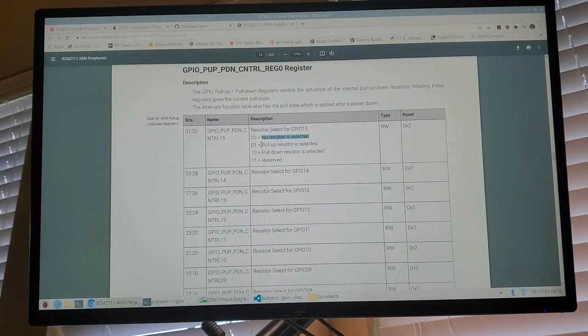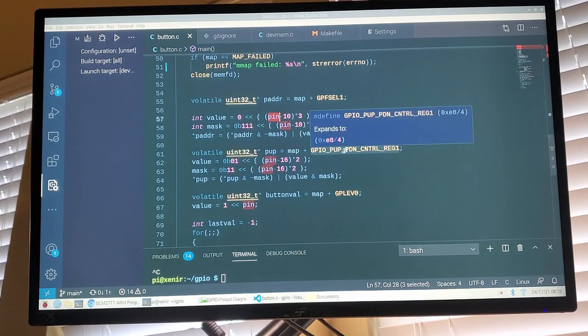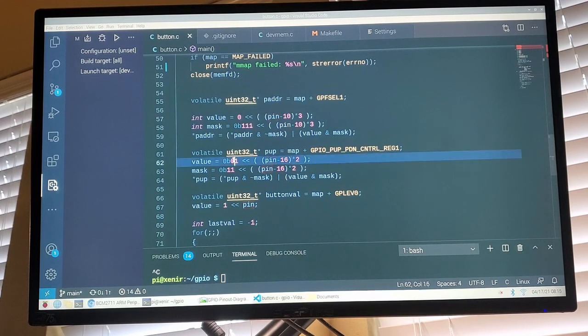So you would have the pull-up resistor if the other side of the switch went to ground, and you would have a pull-down resistor if the other side of the switch went to a voltage rail. And then 3 is reserved for some other functionality. So that's the difference in this case, is now I have to configure the pull-up, pull-down register to the appropriate value. And the appropriate value in this case is 1 to indicate I want to have a pull-up resistor configured